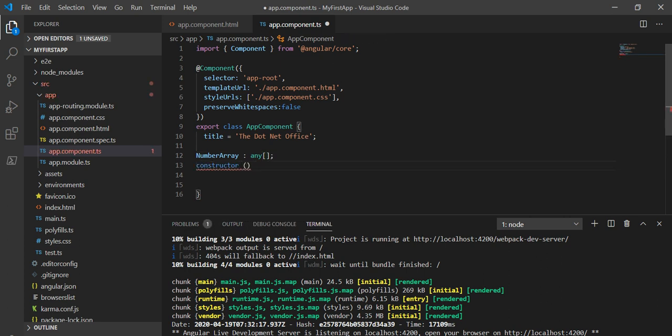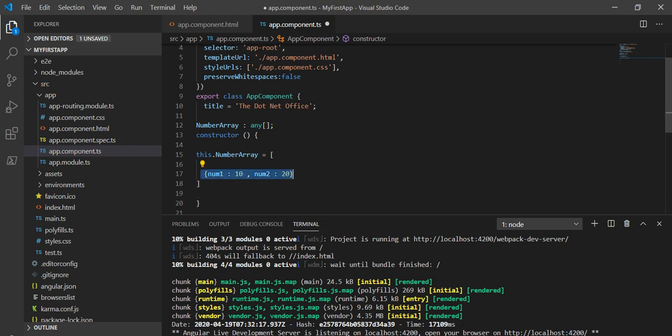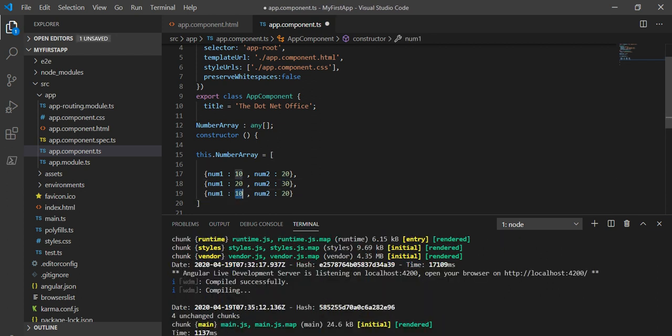In the constructor I will define this number array, with num1 as 10 and num2 as 20. We will create one custom pipe, pass these numbers, and it will return the multiplication of the numbers. So here 25 and 35.